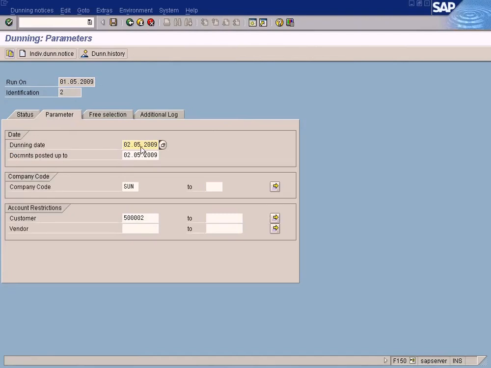Okay, delete the dunning run. In order to run the dunning notice again, just come here and delete the dunning run. Yes, you want to delete it. Now you go to parameters again and change this to 20, so that the document that I entered just now will